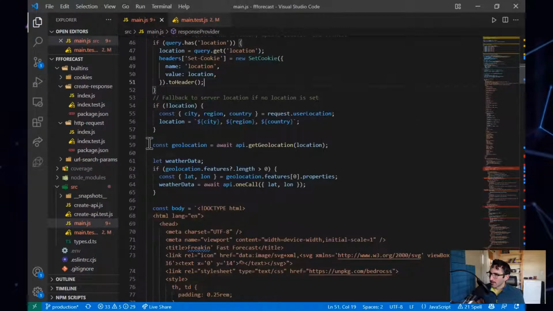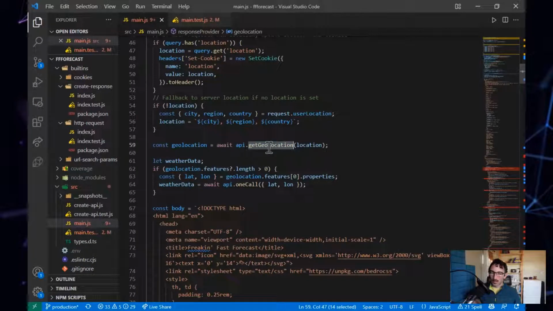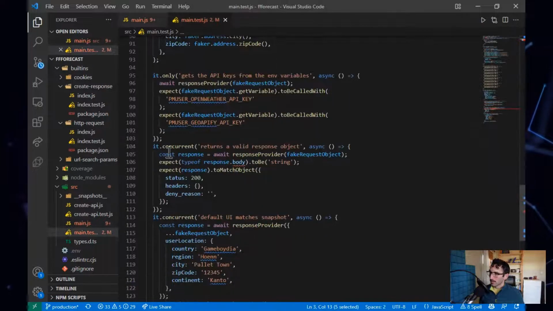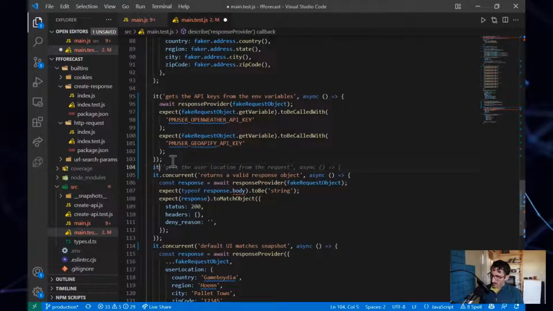Okay, let's get down to the part that's a little bit easier. Guaranteed, I want to check that API get geolocation is called, which means I really want to check that that fetch request is being made. So let's write our next test so we can get rid of this only, and we can move on to the next one and say it only